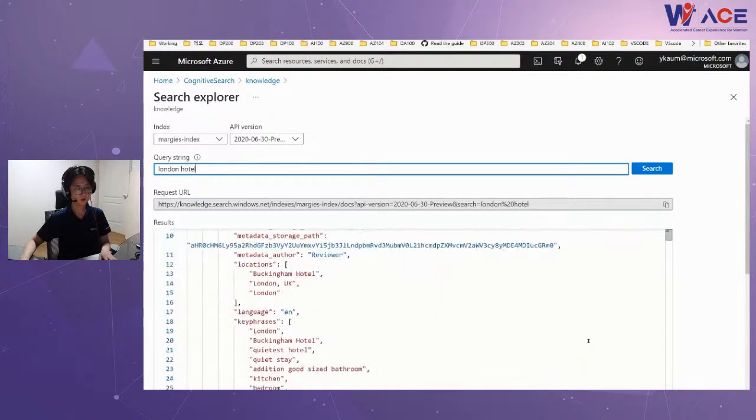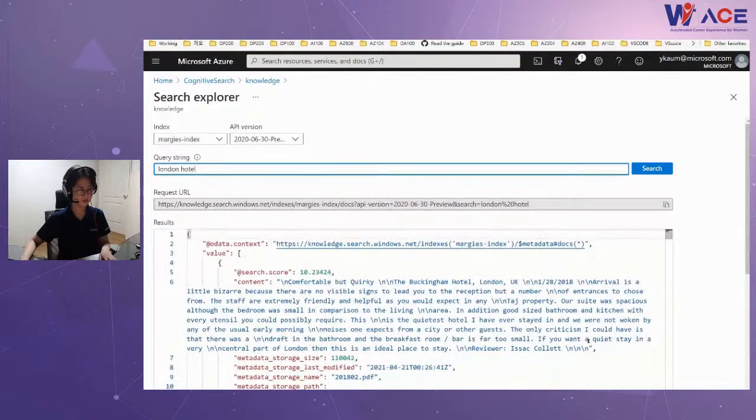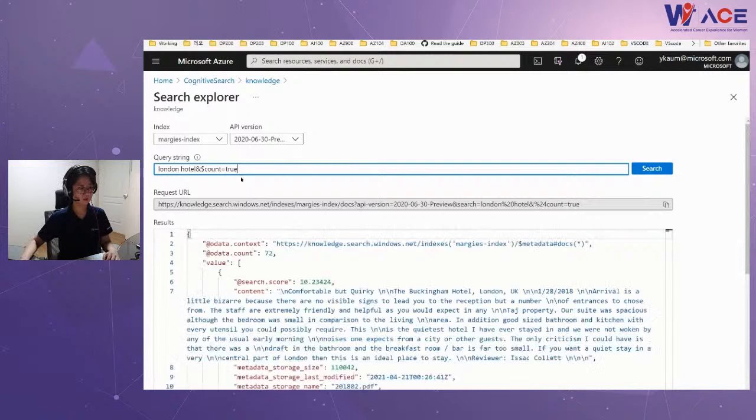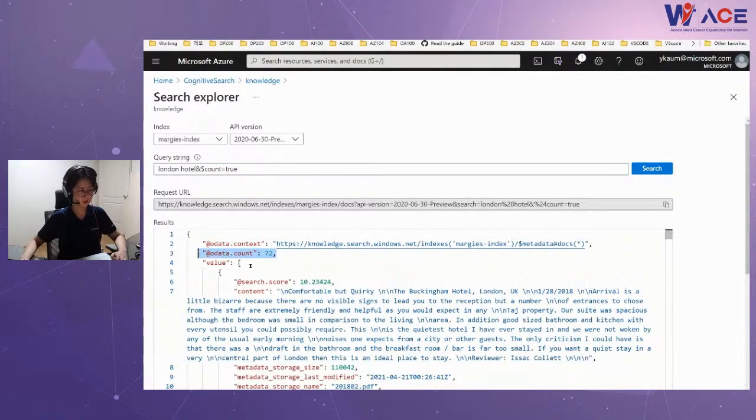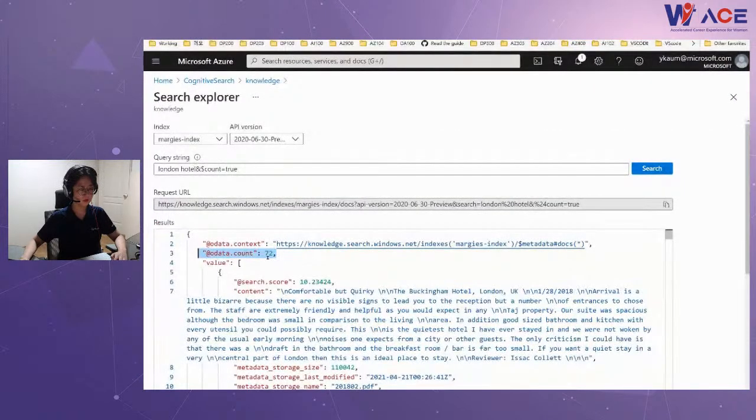Then it returns lots of characters. So, okay, let me see how many documents this search service found. Okay, it detects 72, but 72 is too many.